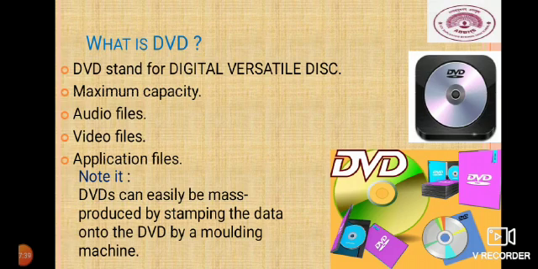Types of data that can be stored in DVDs include audio and video files, and also application files and high definition video files. Point to be noted, DVDs can easily be mass produced by stamping the data onto the DVD by a molding machine. The different types of DVDs are as follows: